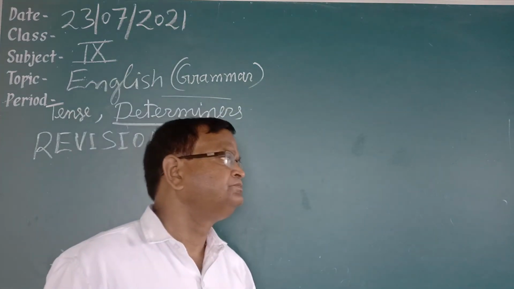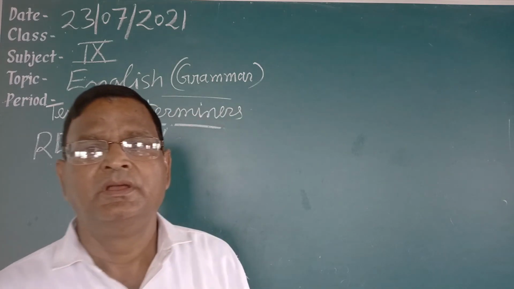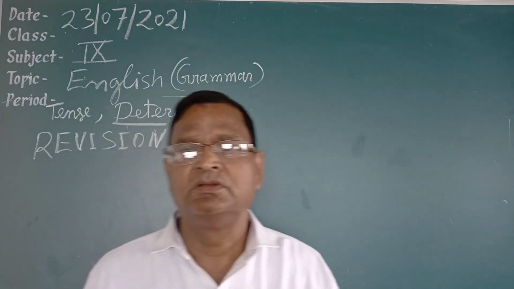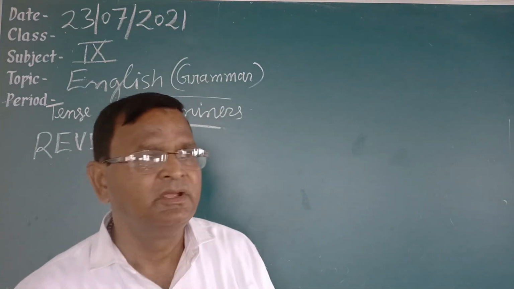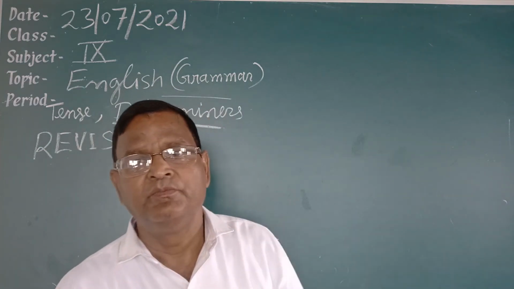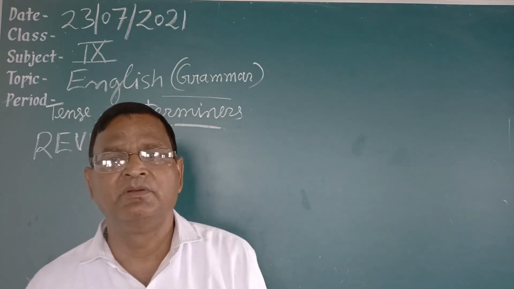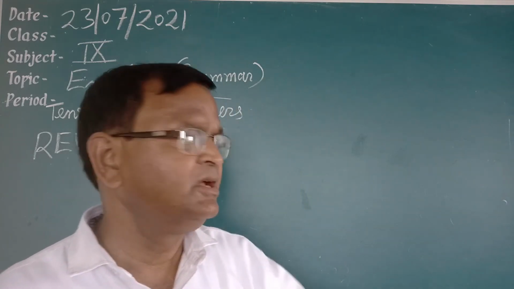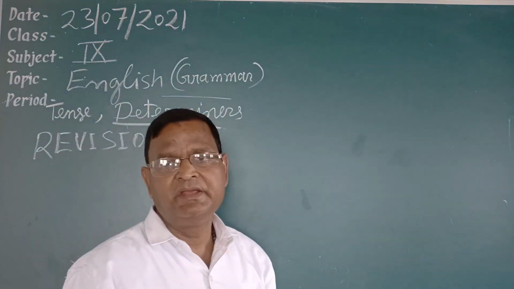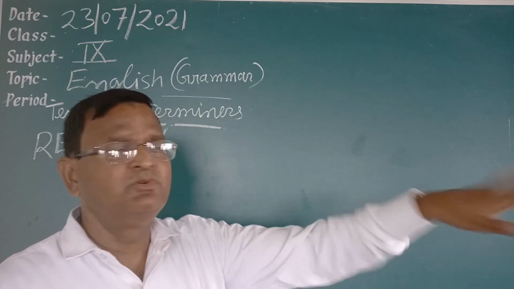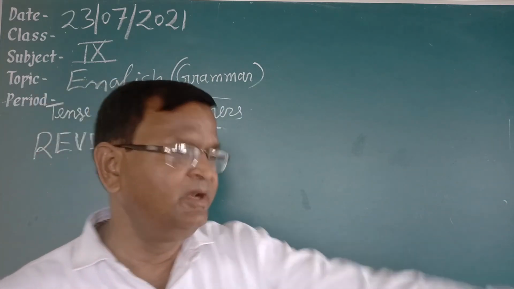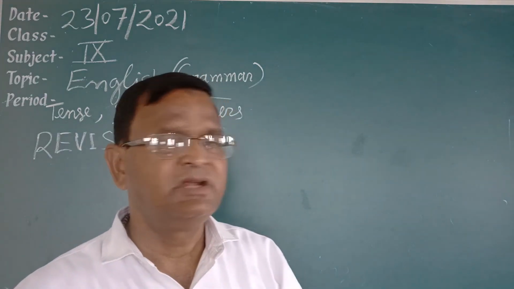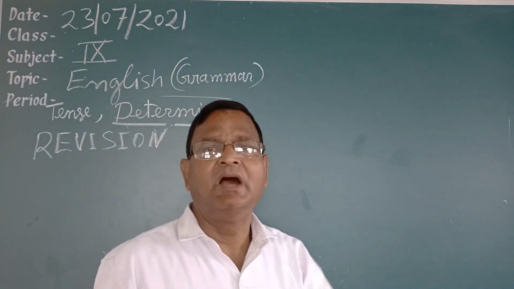Another, I have told you distributives: each, every, either, neither. Either bus goes to Agra, like that. Either means one of any of the two. Neither boy can solve this problem, meaning none of the two. Each indicates some person or thing that is near, in a particular area. The dresses were distributed to each student, means at a particular place in the school. And if you say every child needs love and care, it means not a child at a particular place, but all the children of the world.